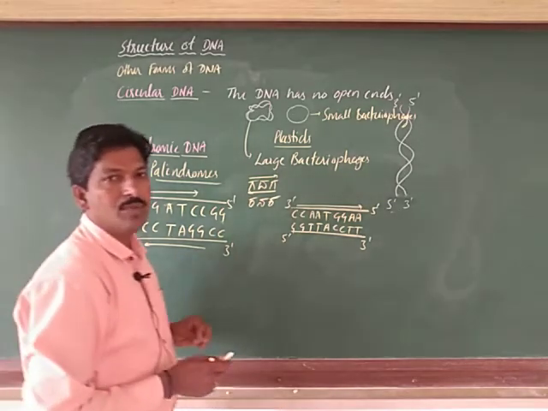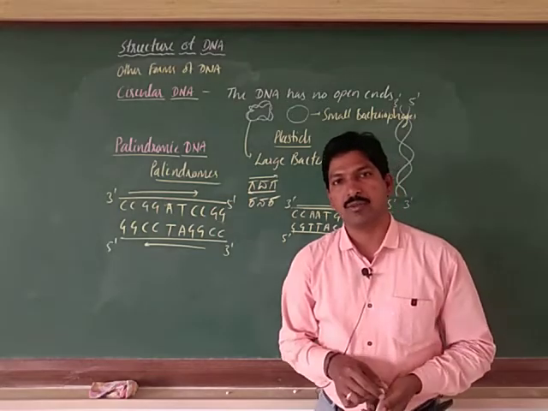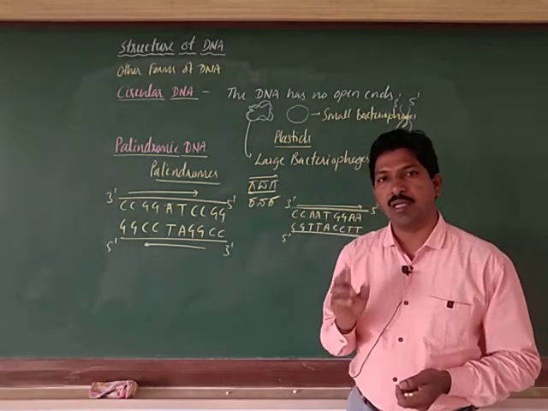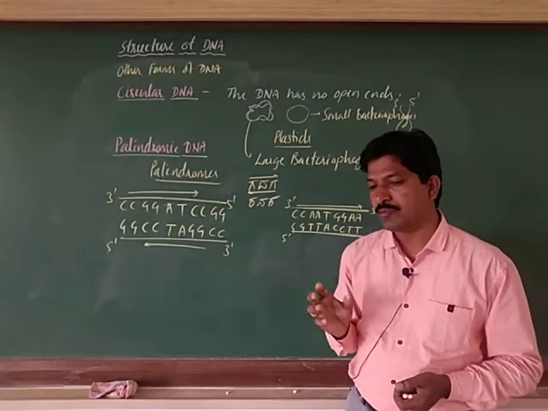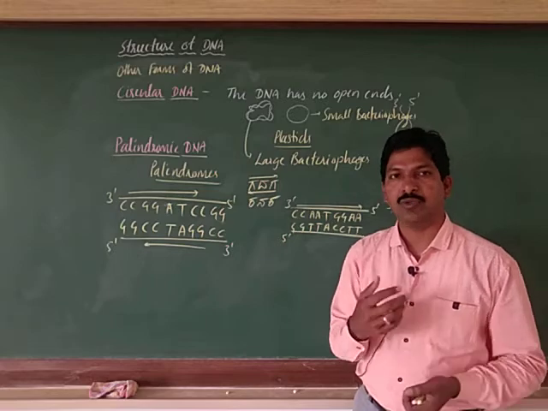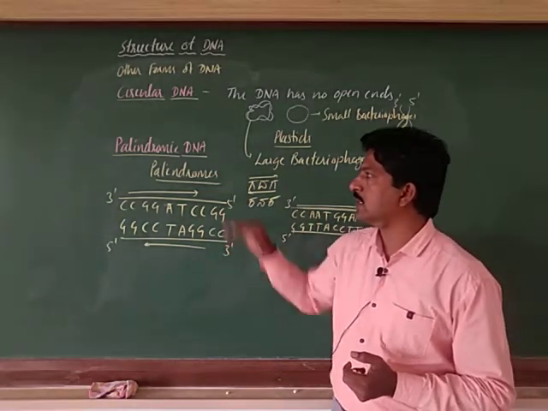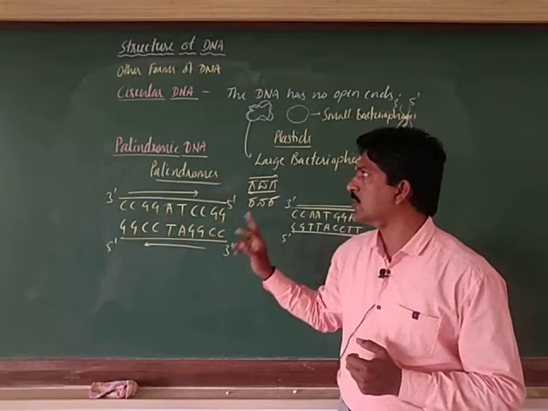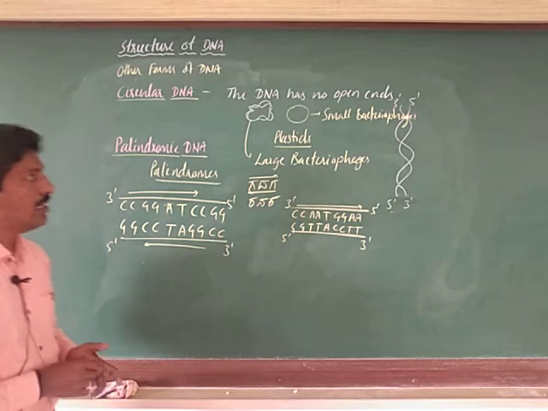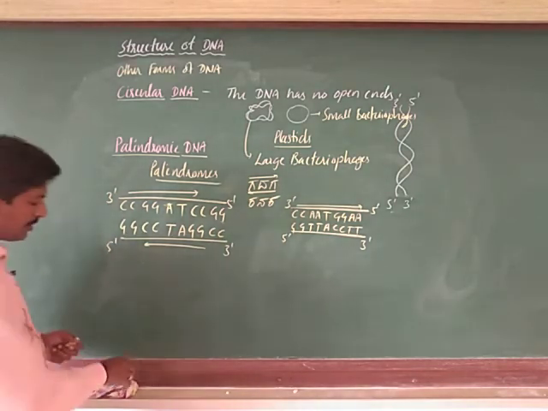So these palindromic sequences are very useful in hybridization techniques. Okay, so these are called biotags. This helps to transfer and insert the segment of DNA. That is also discussed in this chapter in the next videos, so we will see those details in the next. Okay, palindromic DNA is one of the forms of DNA we can say. Yes, next, central dogma, let us discuss now. Before central dogma, one more concept we should discuss here.